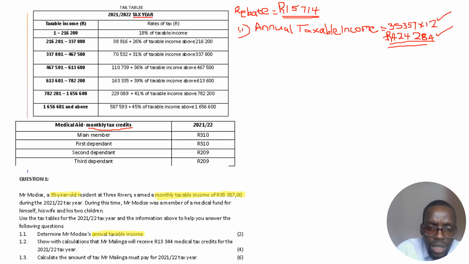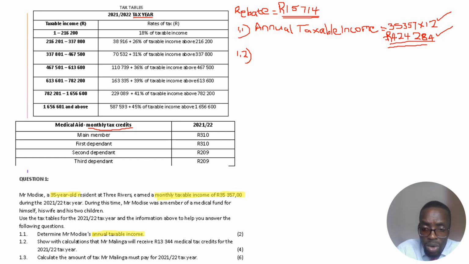It says, question 1.2: show with calculations that Mr. Malinga will receive 13,344 in medical tax credits for the 2021-2022 tax year. Now when we talk about